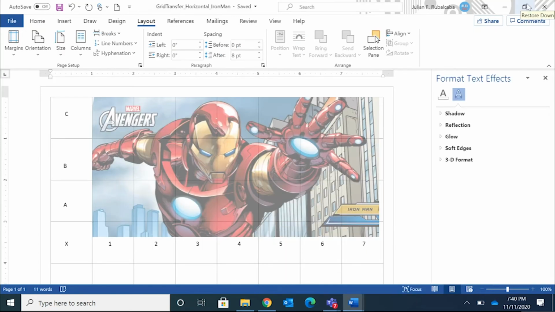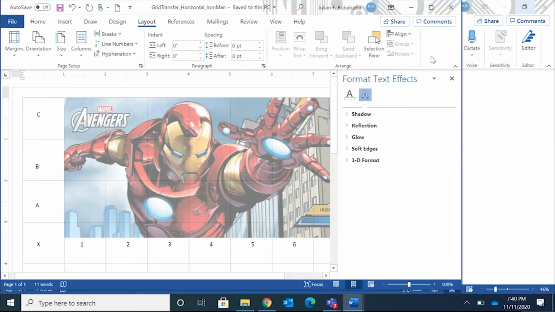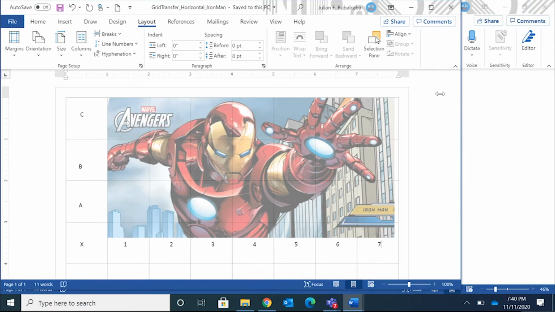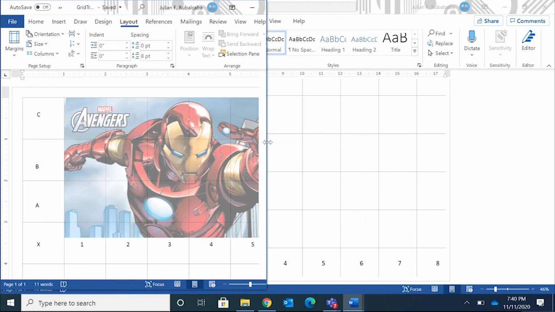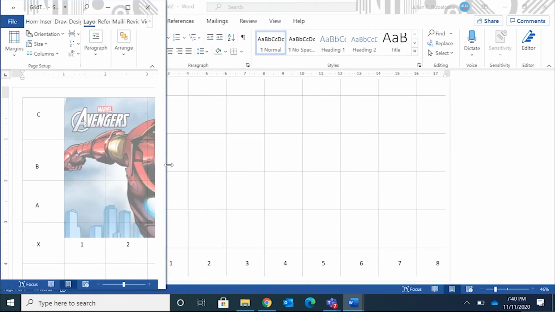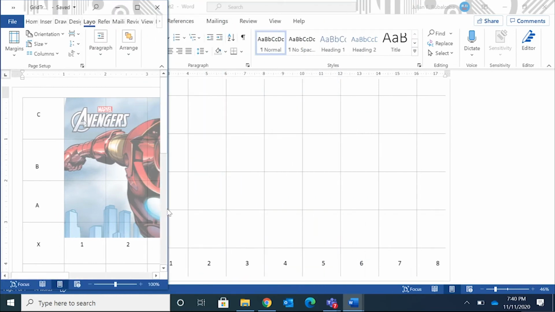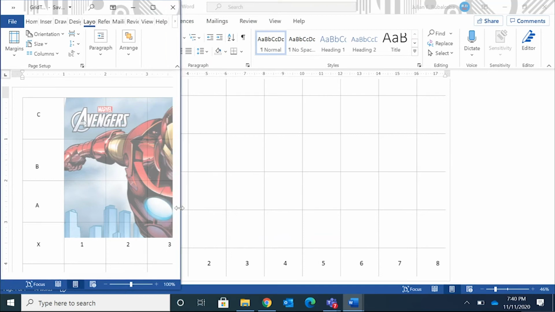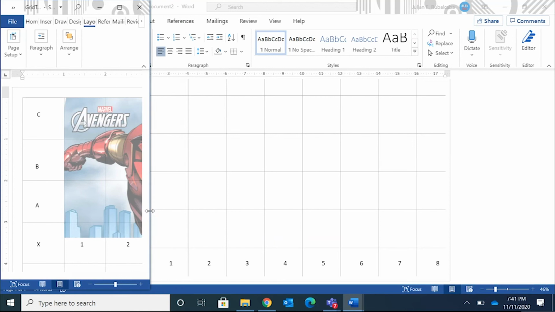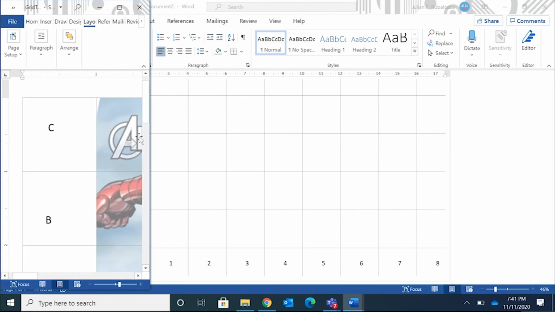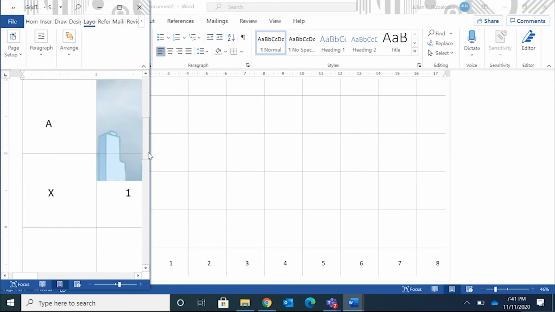I'm going to hit this minimize button up here, and I could hit X on this. It's just going to get rid of these format tools. And I'm going to move this over, and you could just concentrate on one box at a time. Once you have that minimized, I got to the edge of this window, clicked, and I'm holding the click down and scrolling to the left, and then I could hit that zoom so I could focus on one box at a time